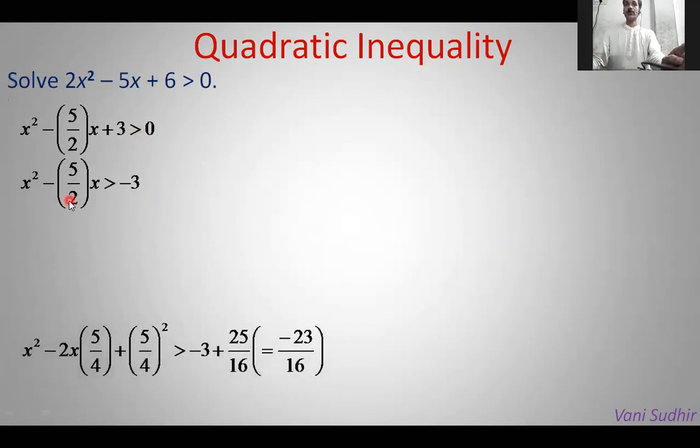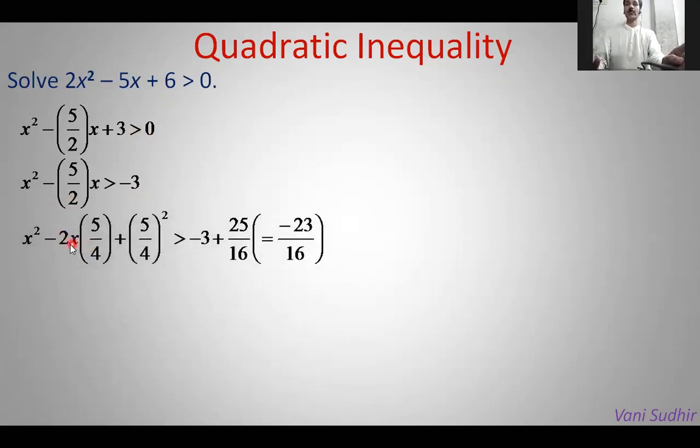Now see, what we have to do? We have to multiply by 2 and divide by 2. Then what do you get? 5 by 4. If you cancel, no, 5 by 2 only. I did not change this term. Okay, x square is there, minus 2ab is there. What do I require? To use the (a minus b) whole square formula. b square is required. That is (5 upon 4) whole square we have to add. That is 25 by 16 we have to add. We add 25 by 16 here, what will happen?